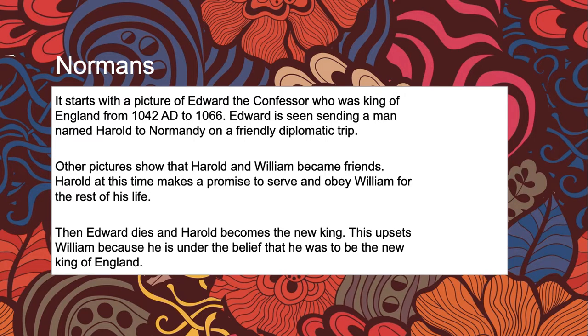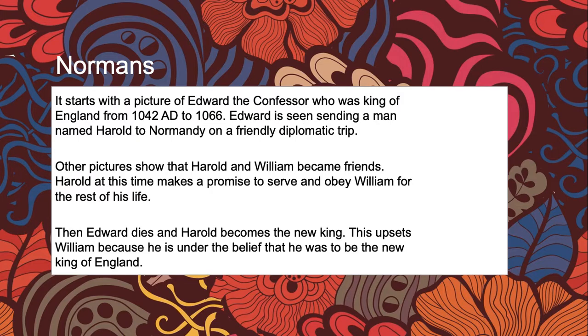It starts with a picture of Edward the Confessor, who was the King of England from 1042 AD to 1066. Edward is seen sending a man named Harold to Normandy on a friendly diplomatic trip. Other pictures show that Harold and William became friends. Alright, so remember, William is the current ruler of Normandy, and Edward is the current ruler of England. And so Edward